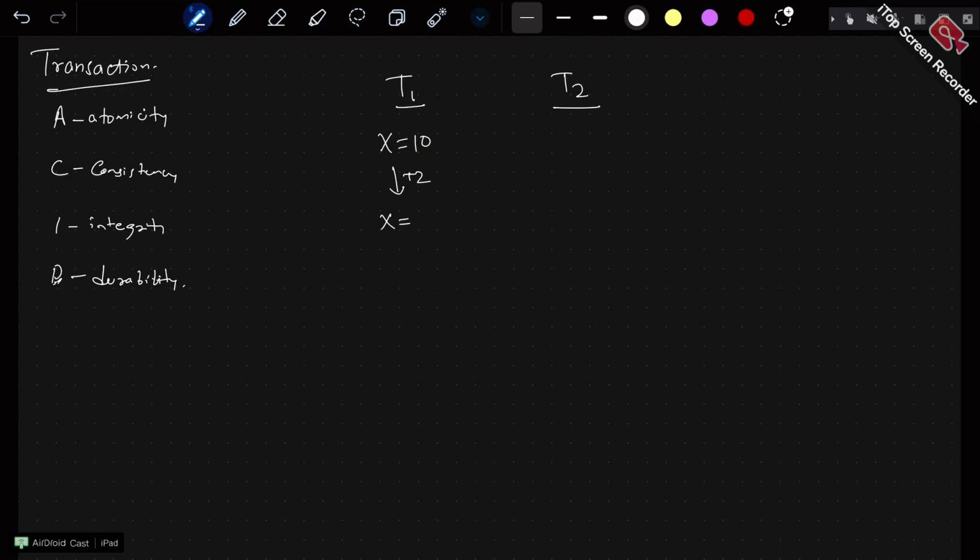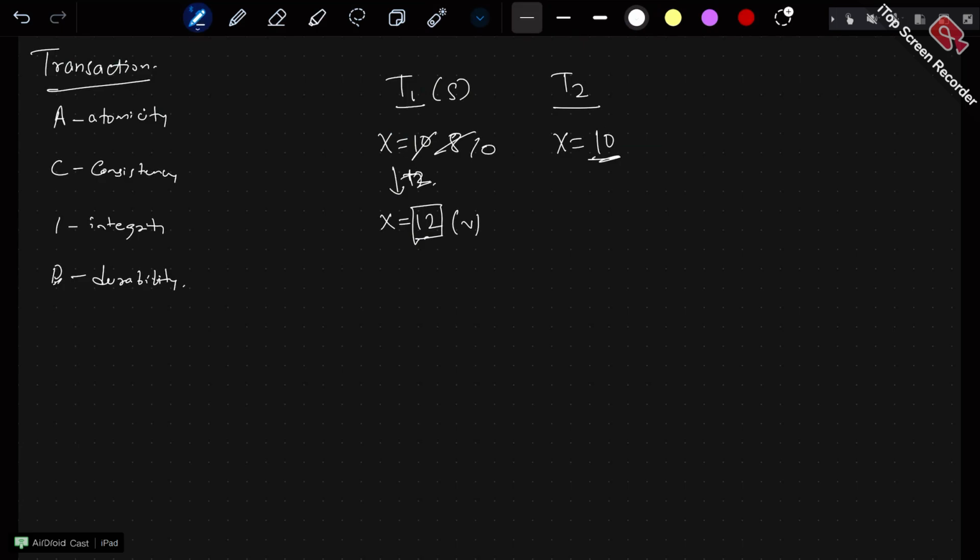Yeah, tell me. So what will happen now? So basically, consistency states that your database should always be consistent. That means, for example, if you have credited rupees to someone else, say this is you and this is me, your initial data was, let's say, 10, your data should be 12 now, and my data should be updated to 8. So both things should happen. The data should be consistent in this way, right?